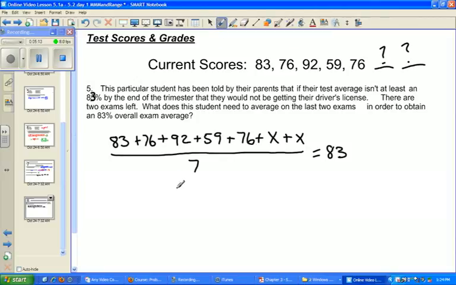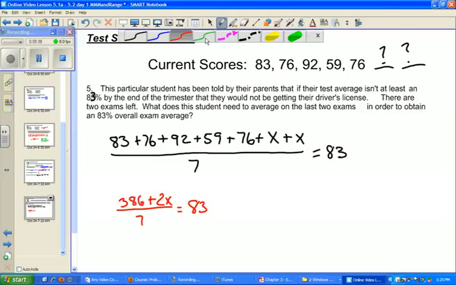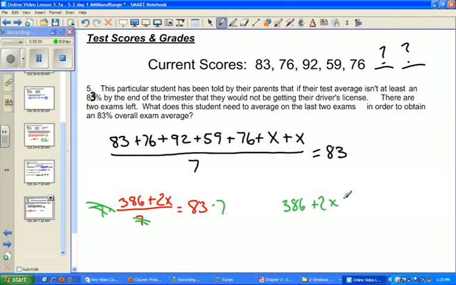Now we want to simplify this problem. I'm going to add all the numbers on the top, and we did that once already, and that's 386. So I have 386 plus, now notice here I have x plus x. I have two x's added together. That's two unknown test scores. I'm going to divide by 7 equals 83. If you remember from the previous problem, that 7 on the bottom shouldn't be here, at least to help us solve this problem. We're going to multiply this side by 7 and this side by 7 so that we can cross these off. What we're left with is 386 plus 2x equals 83 times 7, and that is